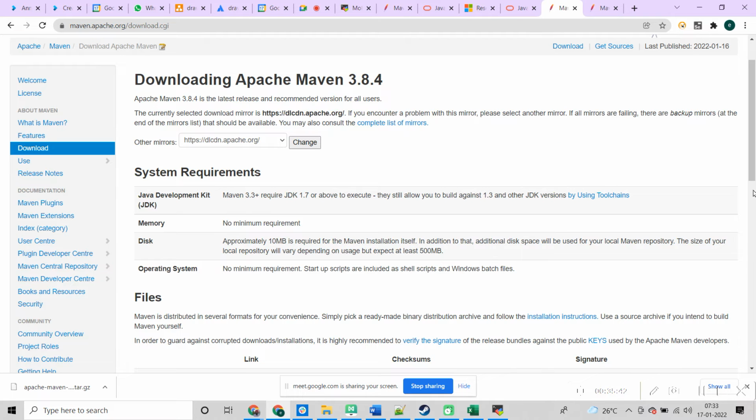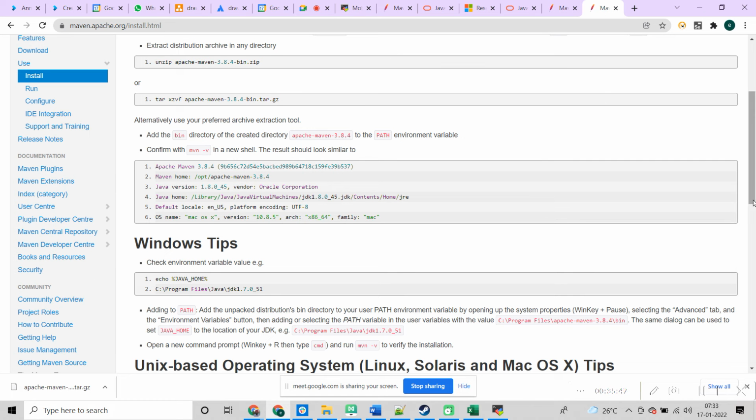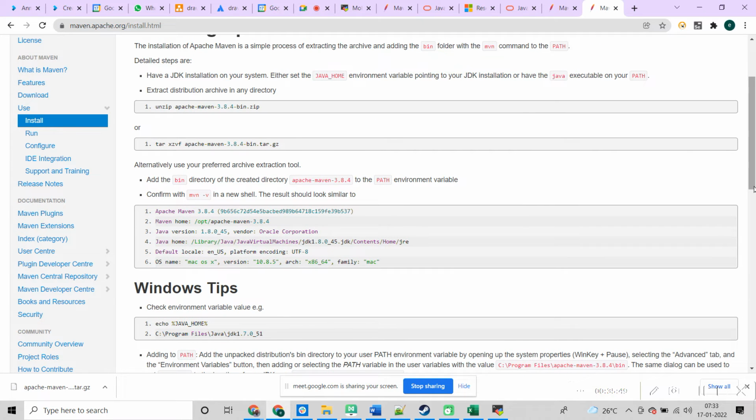Maven is just you need to unzip the file which you downloaded, and if you have tar, you can use the command tar xzvf and the name of the file. You can do it on your MobaXterm screen, right? So there you can do it. Once you untar it, I'll tell you the next steps.